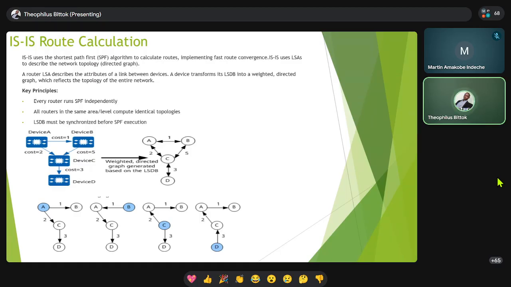And now let's say we lose a link. Then of course, on its LSDB, it's going to receive an advertisement telling it that the link to C is now down. It's not even a matter of best path, because it only has one path. So to reach D, I'll have to go to B, C, and then finally to D. So that's how ISIS calculates the routes.